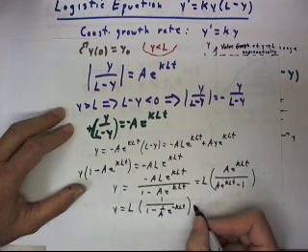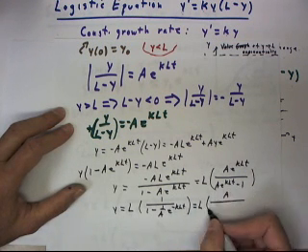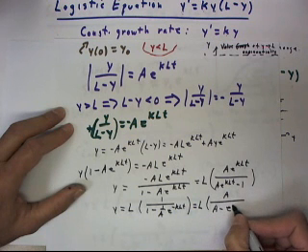Multiplying numerator and denominator by A, we can end up with L times A over A minus e to the negative